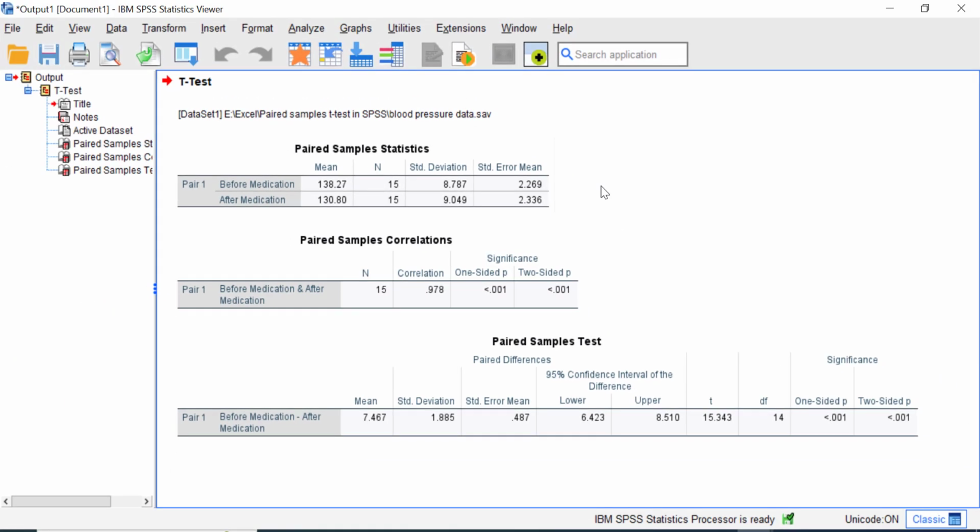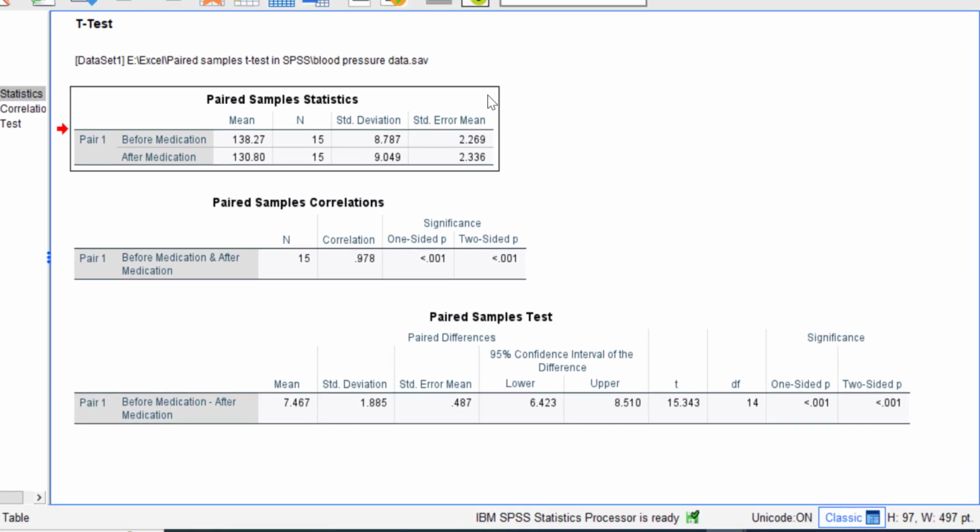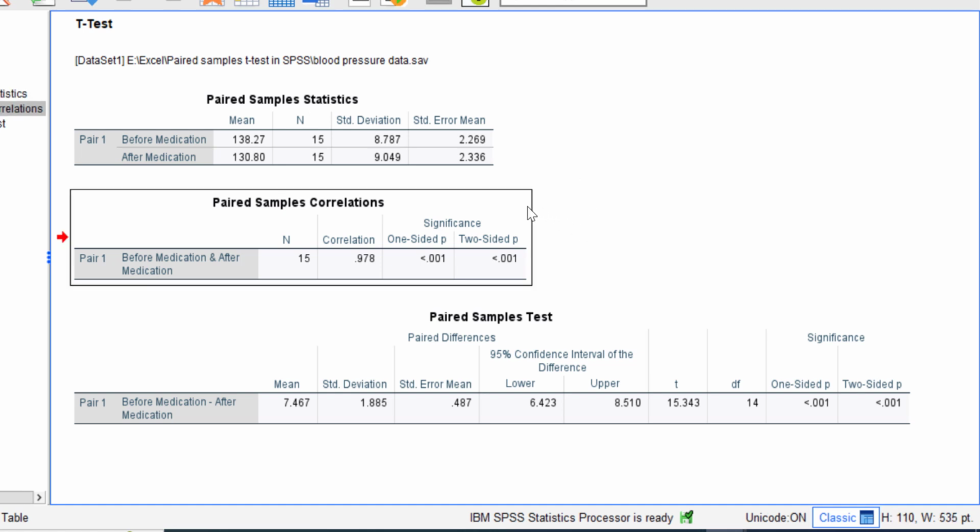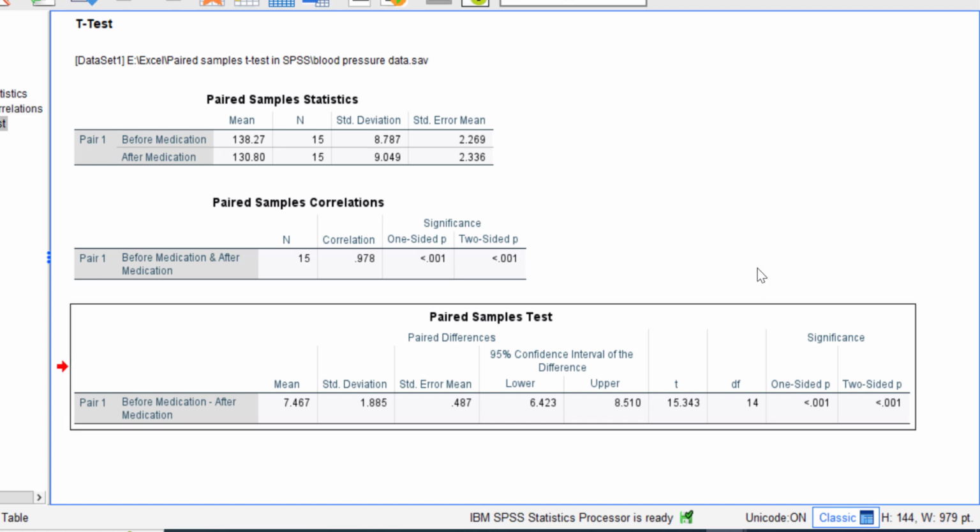Great. Now we have three tables in the output window based on our calculation. The first one is the summary statistics, the second table is the correlation values, and the third table is what we need for the paired samples t-test results. Let's interpret it one by one.